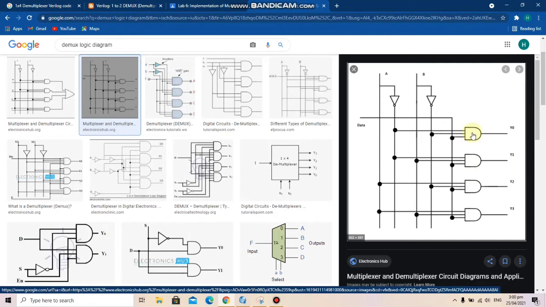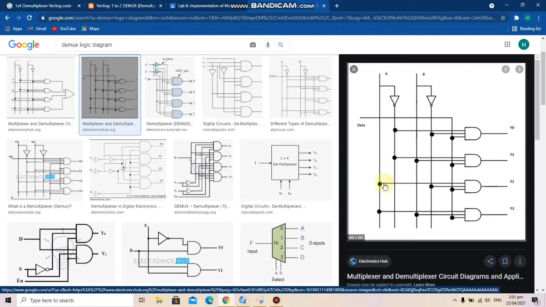Output 1 will have the value of the input when both selection 1 and selection 2 are NOT. We can see the NOT gates connected to the first one. So when both the selections are NOT, the input will be the output 1. Then output 2 will be the input only when selection A is NOT and selection B is connected.